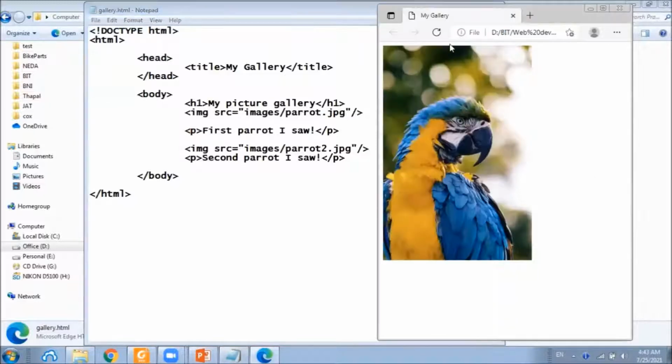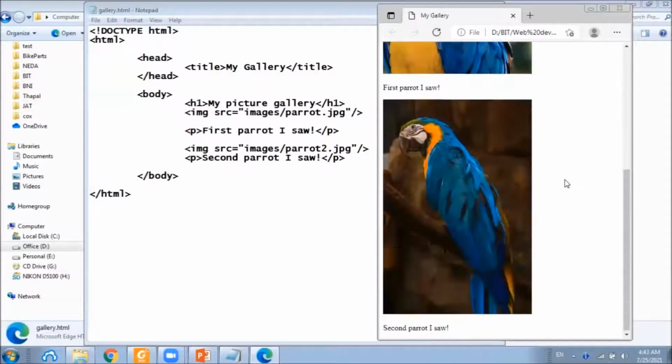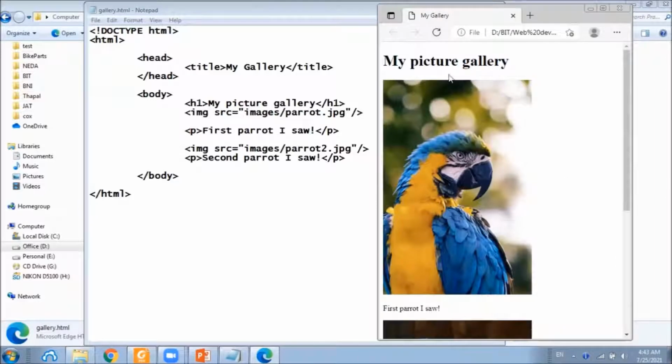After saving, we can refresh the page. Now we can see two parrots, and the heading is also there.